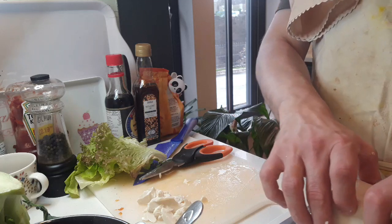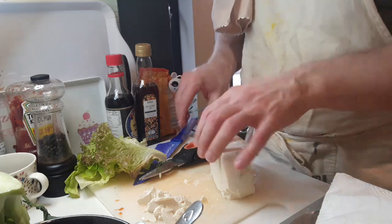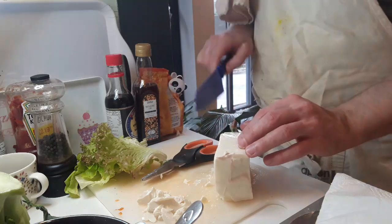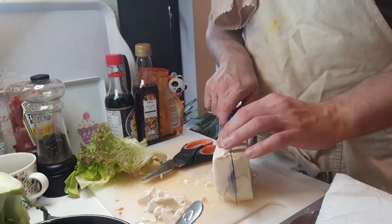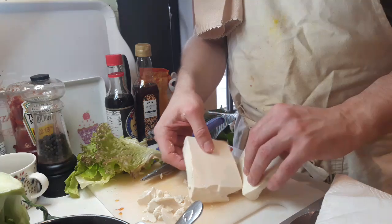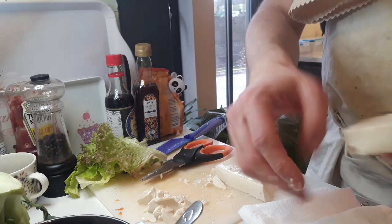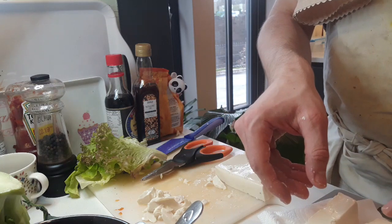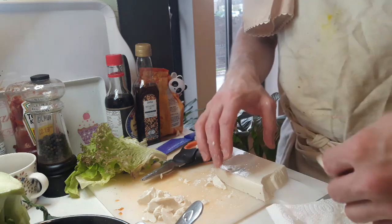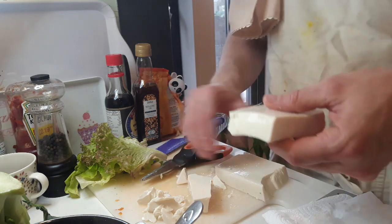That's 350. Whoops, daisy. And we want 250, so let's start. Slice straight down. Whoops, daisy. At this rate, it is falling apart so rapidly, I think I'm just going to do the lot. I had planned to be exact, but it's just...